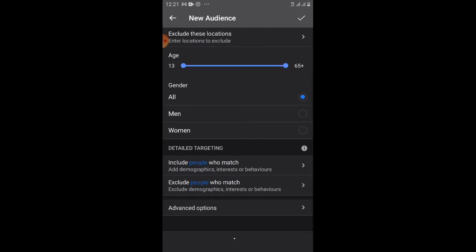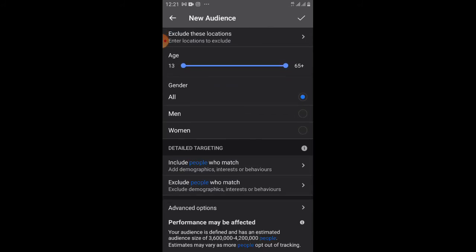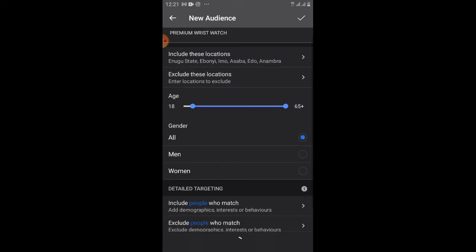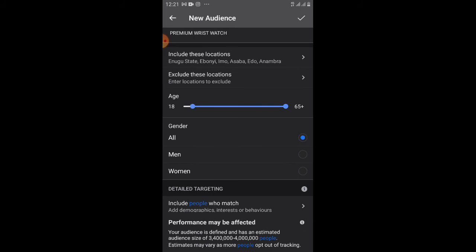All right. So what else again? So if your product is for men, just click men. If it is for women, click women. So but our product is for all. So what age are we actually talking about? Go with 24 years so that kids do not start coming there to talk trash, because in running ad it really happens. So that's why I will always advise you,